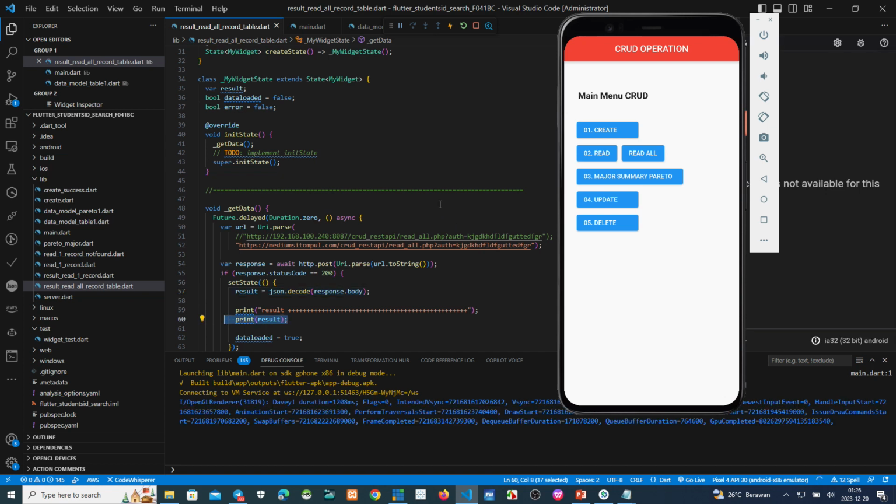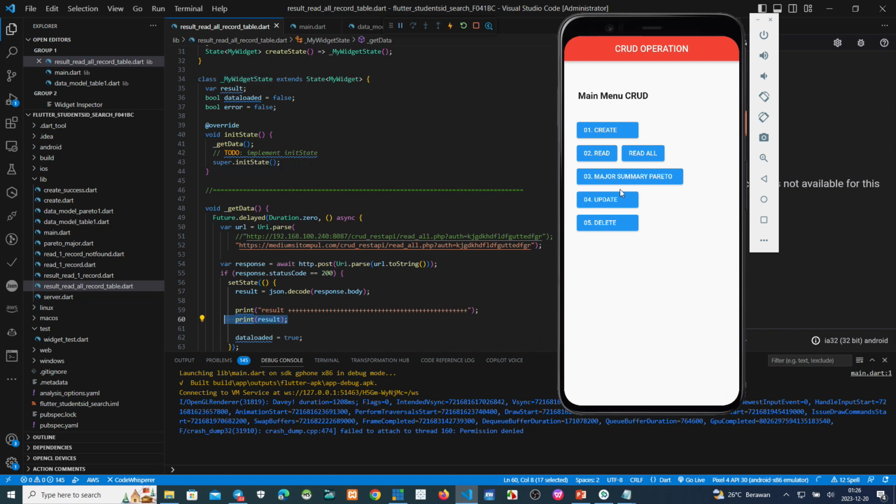Okay, because this is run first, if we don't use this menu directly to the result table, the result read all record table. This is not the main menu; if it were the main menu, it would automatically run this script.